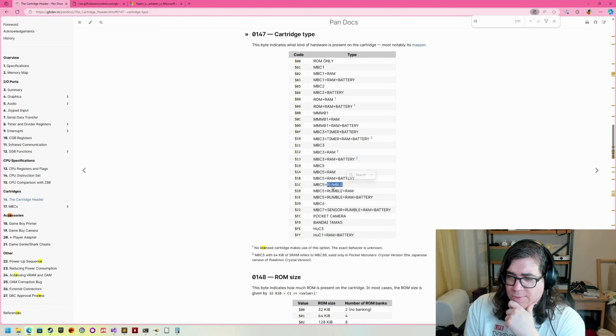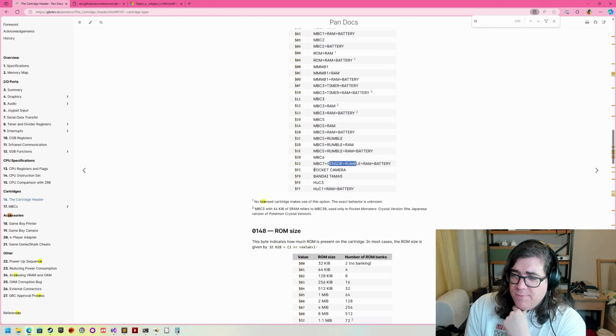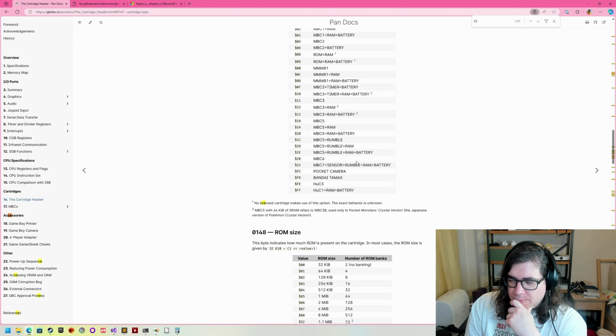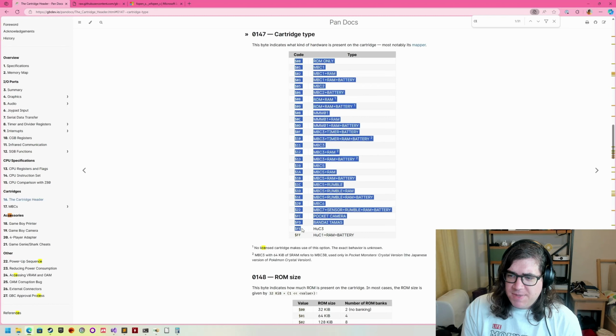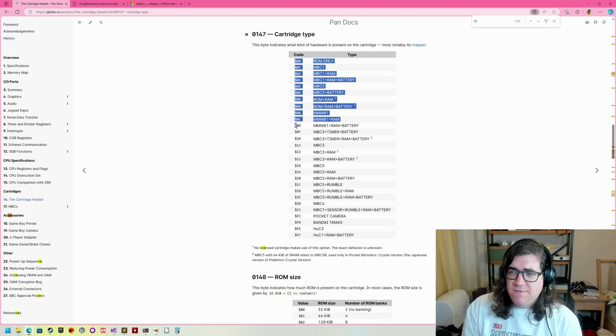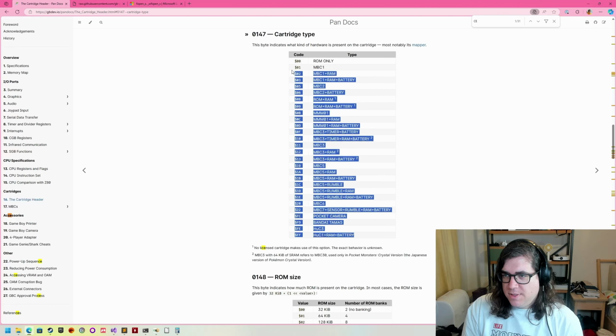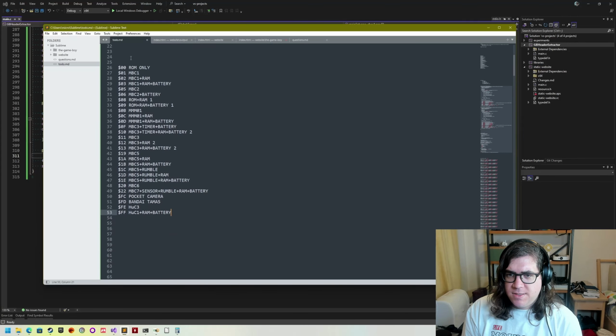There's also cartridges that had rumble packs attached to them, right? There is one with a sensor and a rumble pack. Then we have a very special one, which is the Pocket Camera, and some Bandai ones, and I don't know what these two are down here. HUC. No clue. So yeah, all these different cartridge types are specified based on this byte value right here, right? So let's copy that table and just do this,